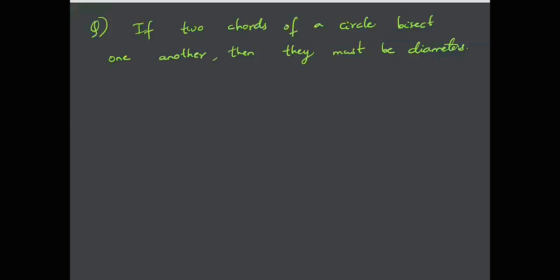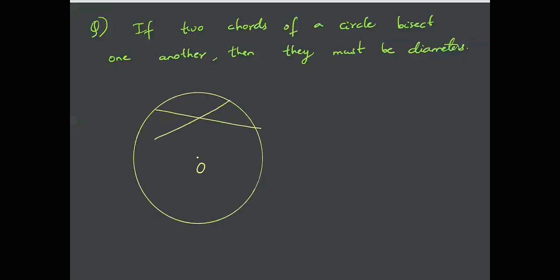So basically what this question is saying is that, say there is a circle, okay? This is the center of the circle. Now you can't have two chords like this such that these two chords bisect each other. Okay, this is equal to this and this is equal to this. So this case is not possible, because these chords are not passing through diameters.